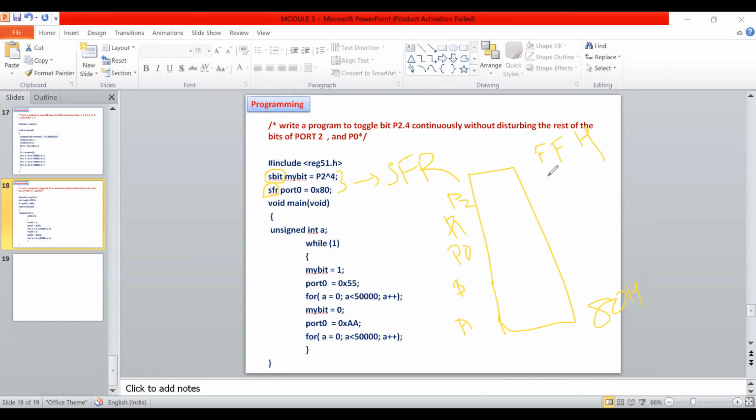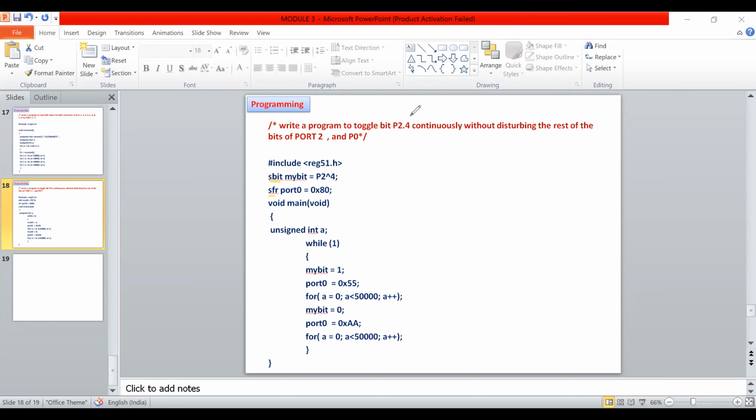All the control registers are there. Those registers are both bit and byte addressable. Okay, that you must prepare. I told you that this is bit operation, this is byte operation.